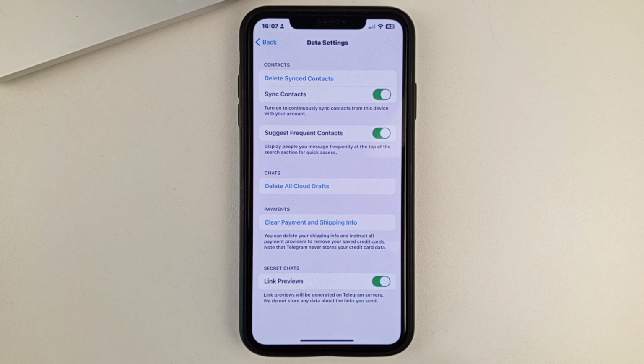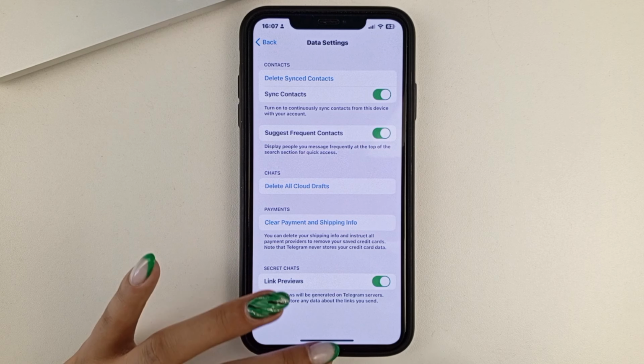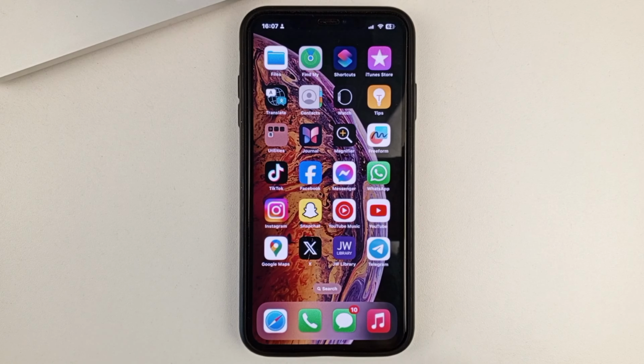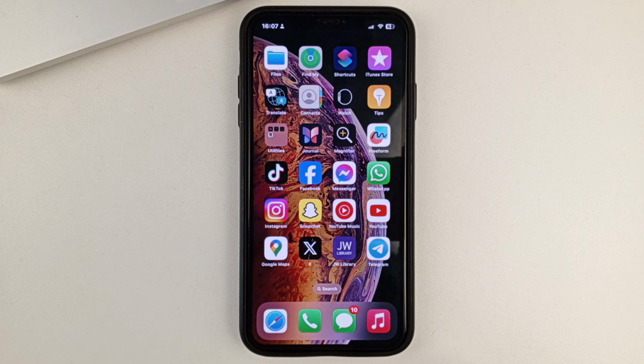That way, all your contacts that you have in your contact log on your phone, on your SIM card, will all be synchronized with the Telegram app, and it will find all your users, all your contacts in the app. This is the way, friends, very quick and simple way you can easily import your contacts in Telegram app.